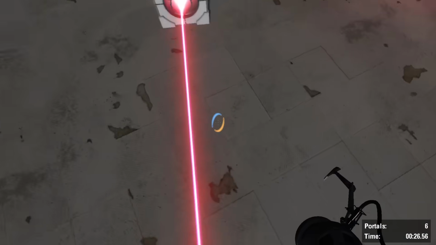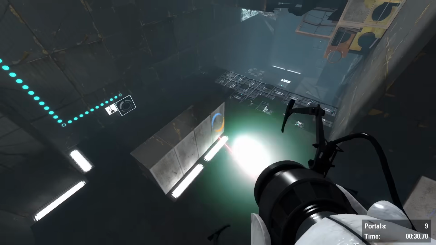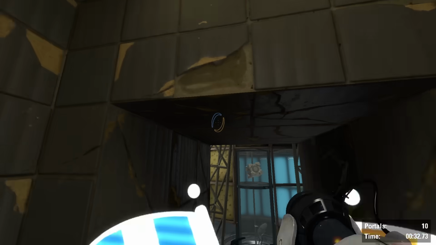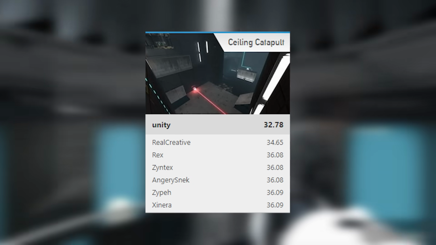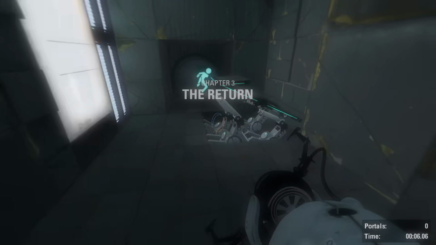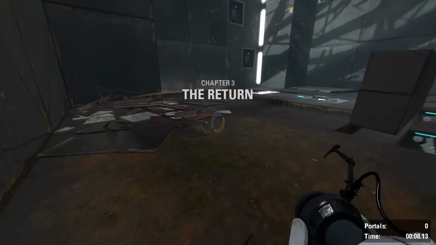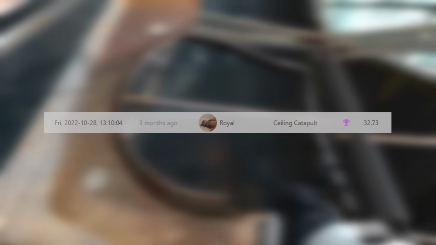Unity would improve the record all the way down to a 32.78, and this time basically stood in a league of its own, as it was 3 seconds ahead of any competition, and most runners thought that stair skip was too difficult to perform. Unity's record would stand for almost all of 2022, until October, where Royal managed to beat the time by 0.05 of a second,